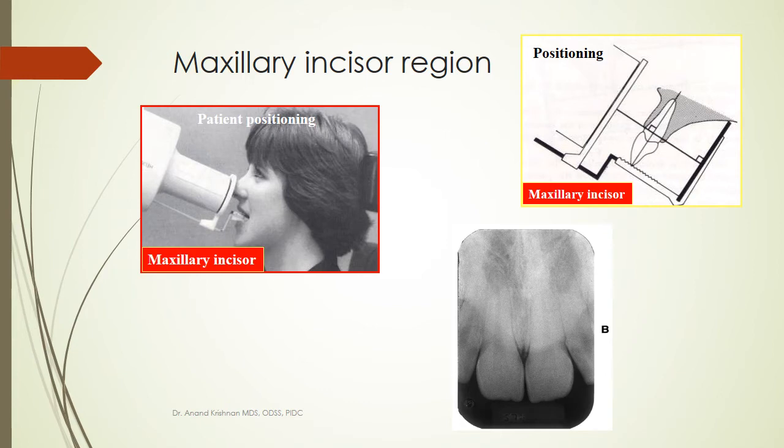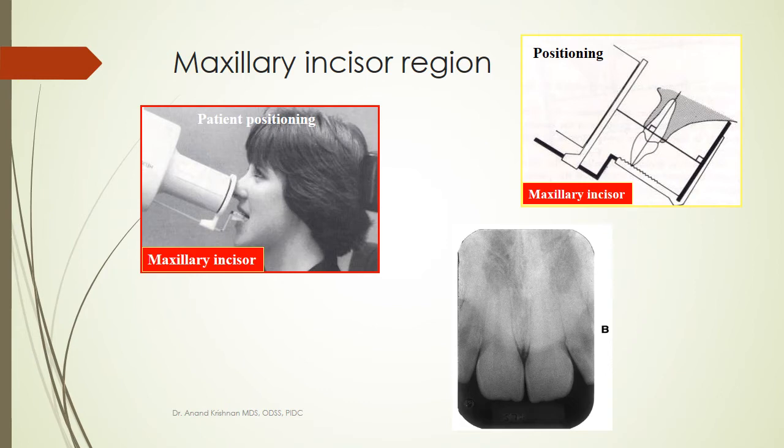So what you do is you place the film along the slot that is given, and you position it just like how it is shown in the picture. You position it inside the patient's mouth, and you just align the tube with the ring-like device, which is the position indicating device, along the ring that is given. So there will be markings which you have to coincide, and then you just take the radiograph. All you have to ensure is that your radiograph is covering your tooth of interest. That's it. Most of the other part of the X-ray is done for you by the device.